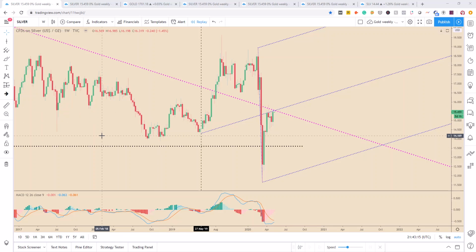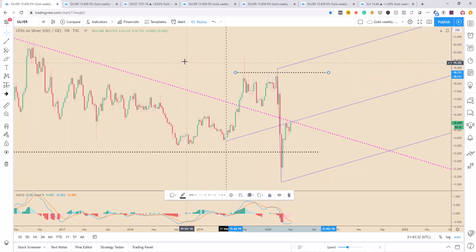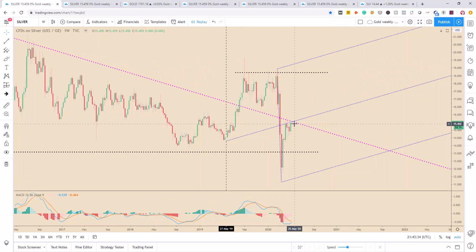All right, let's continue here with silver. We're still on the weekly time frame. And what I'm just noticing, and let me show you, I'll draw it on the chart so we're all on the same page. Once price manages to break through this resistance here, assuming that it is headed higher and not going to roll over for some reason,